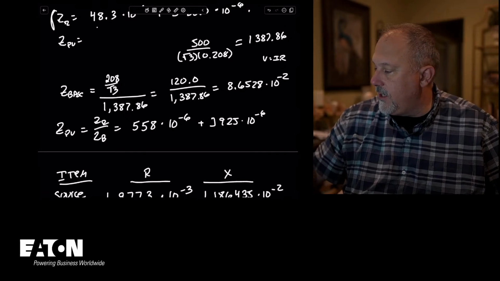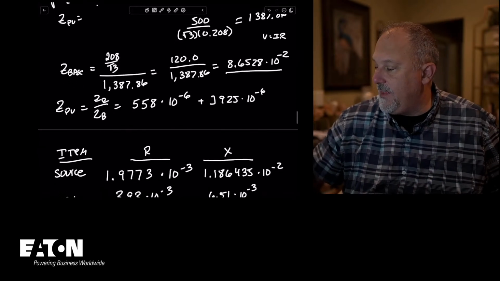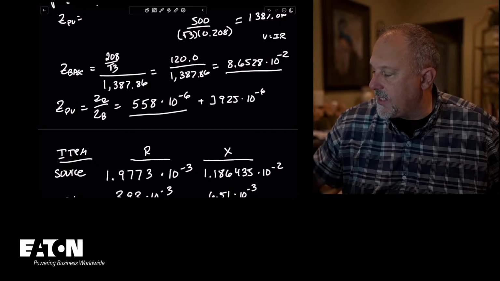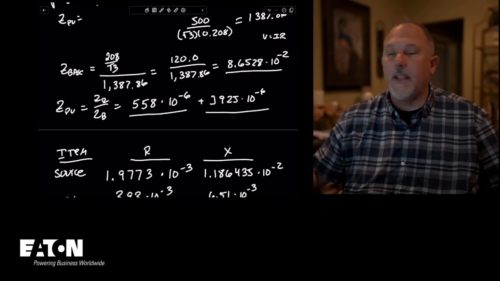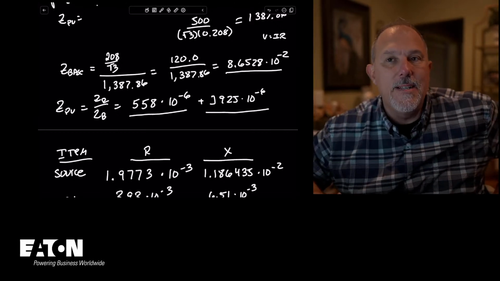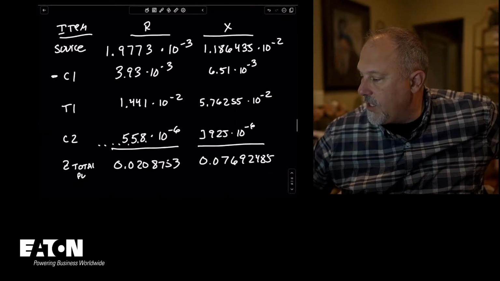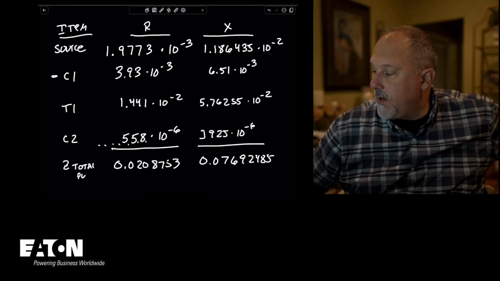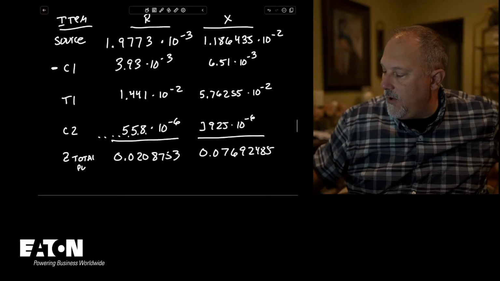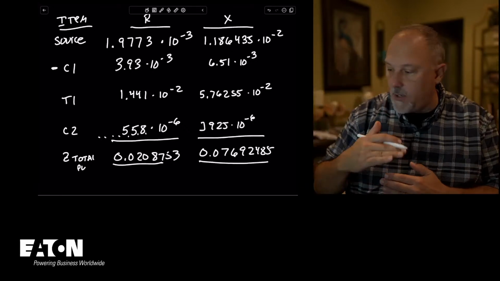Z base was 8.6528 times 10 to the negative 2. And we divided that and we got 558 times 10 to the negative 6 for the R resistance value, and 925 times 10 to the negative 6 for the X inductance value. So then we created our table and we put all of those together. All of our R's and X's, we added all those up and we got our Z total for the entire circuit, which was